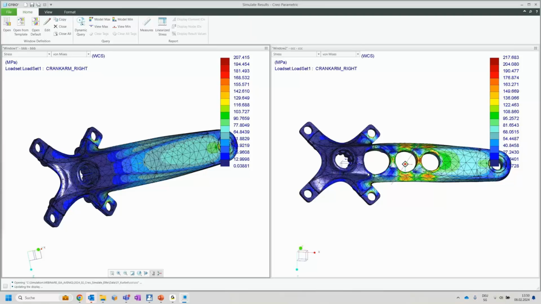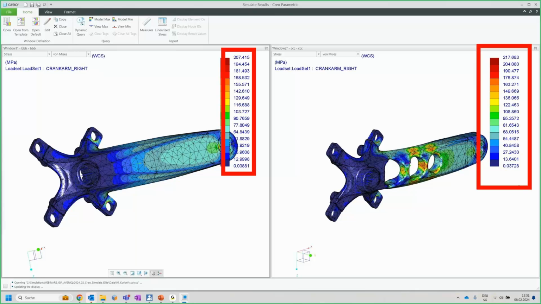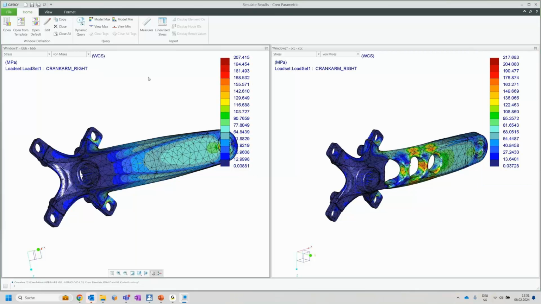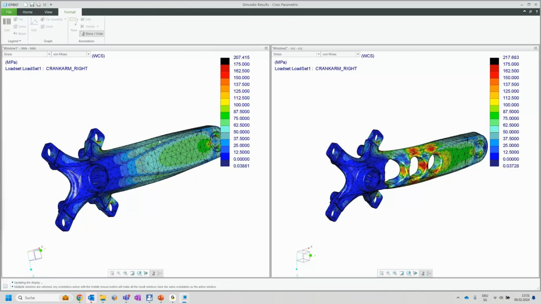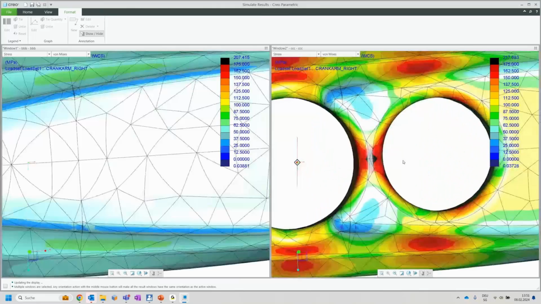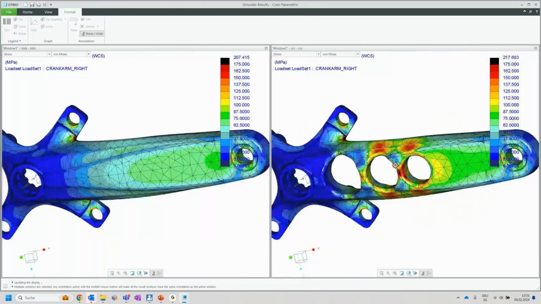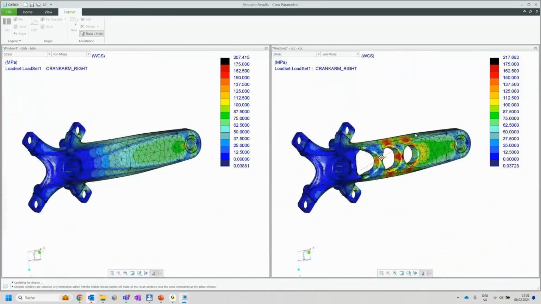Now it seems that the stresses are very different here. And also with the help of a map key, which is in the config profile, I'm selecting the same legend levels. Okay, now the colors are the same for the stresses. I can hold down the shift button and maybe zoom in here. And I can see, okay, in that area, stress is becoming in the same range as on the radius here. So that means